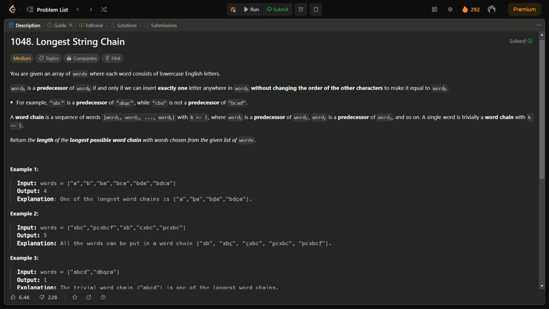For this, we can use something like a DP. You can also use memoization for that, but I have used a DP. The time complexity for the DP will be n log n plus n into m raised to the power 2. So coming to the solution,